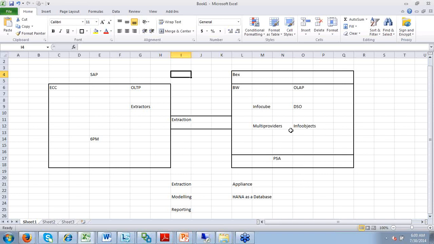We try to understand the comparison between attribute views, which are pretty similar to info objects, analytic views, which are similar to info cubes, and calculation views, which are pretty similar to multi-providers. It also needs the process of extraction. It also has the process of modeling, and there is reporting. Just that